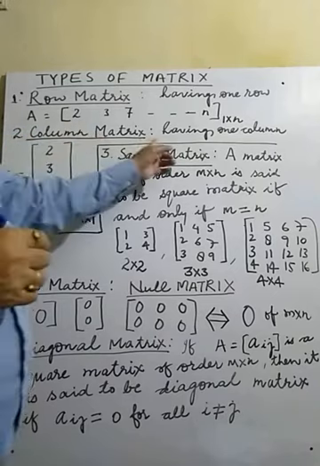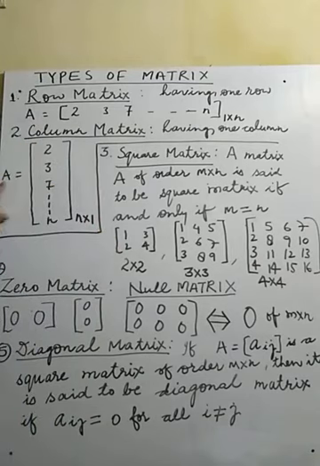You may observe here, A is a matrix, and these are the elements of this matrix: 2, 3, 7, and so on, up to n. Means how many rows are here? N rows are here. 1 row, 2 rows, 3, 4, 5, 6, and so on, up to n. So it is of n rows. And how many columns are here? Only one column is here.